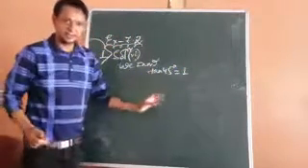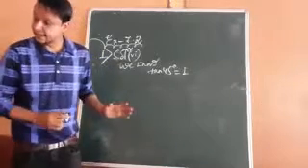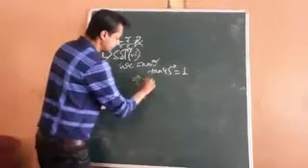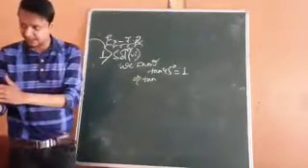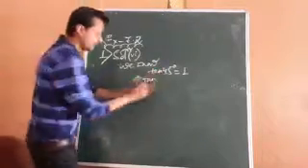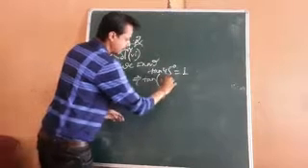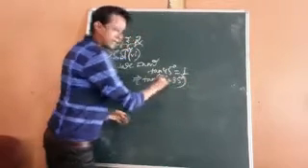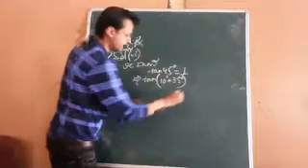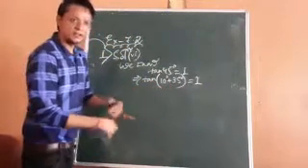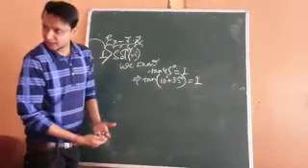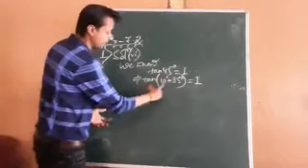It is 1. Tan 45 degree is 1. Why have I written in this manner? Because I have to split 45 degree, see, into 10 degree and 35 degree. So what will I write in place of 45 degree? 10 degree plus 35 degree. 45 degree itself. Why I have written such that tan(A plus B) I can write in terms of the formula. Okay, what is the formula of tan(A plus B)?